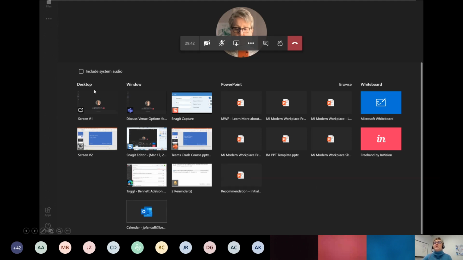Let me just point out what at the time I did this, I had two screens going. So if I wanted to share my entire desktop, I had my choice of screen one or screen two. Now, if you really only want to share a Word document and you've got a bunch of other things open and you think it might be distracting or you don't want to worry about it, you can go to share window instead and search. As it turns out, I did not have a Word document open at the time, but if I say I just wanted to share this PowerPoint, I could select that window.